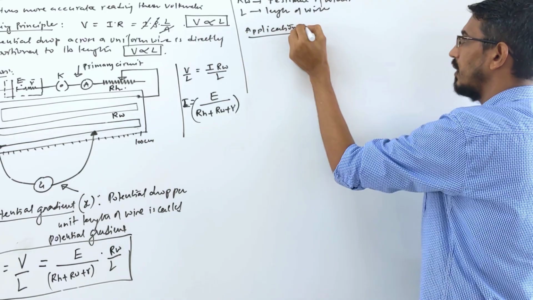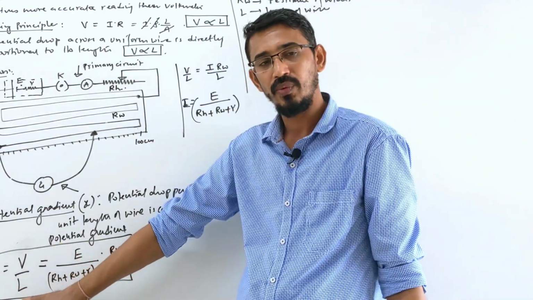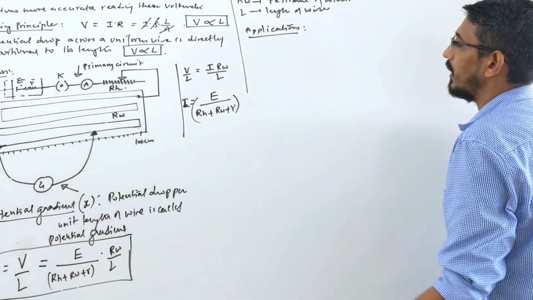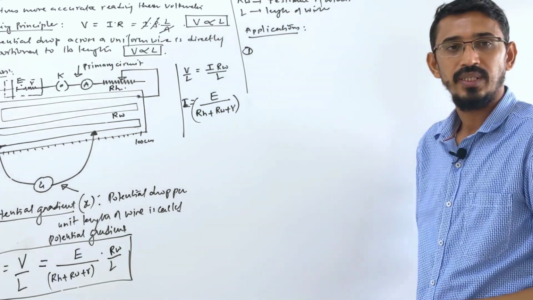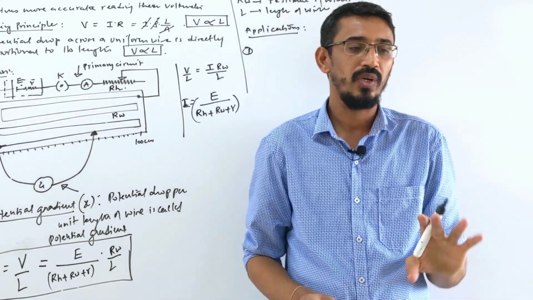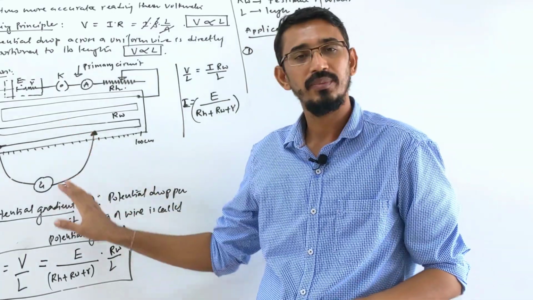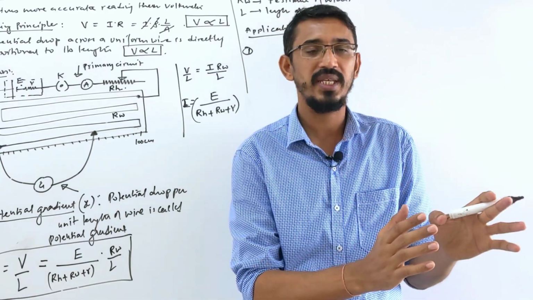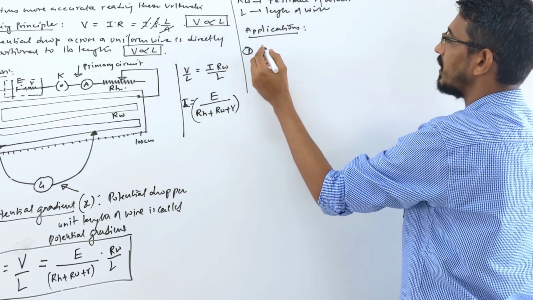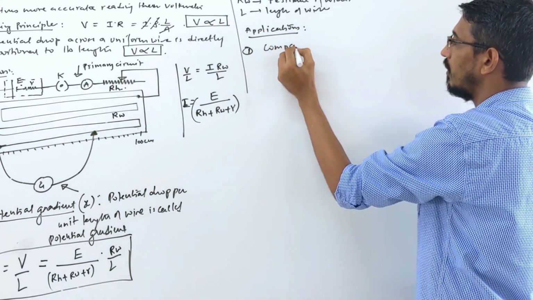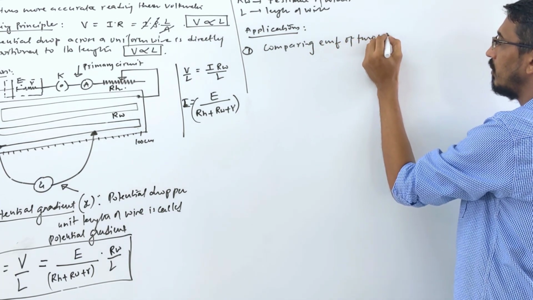Let's see applications of this formula. First, direct questions are generally asked, but there is use of this formula also, which I will talk about here. The first and simplest application is called comparing EMF of two cells. We have two cells with EMF E1 and E2. If you want to find the ratio E1 by E2, you can find it using this potentiometer, or if you know the EMF of any one cell, then you can find the other by the same rule. So the first application I am writing here is comparing EMF of two cells.